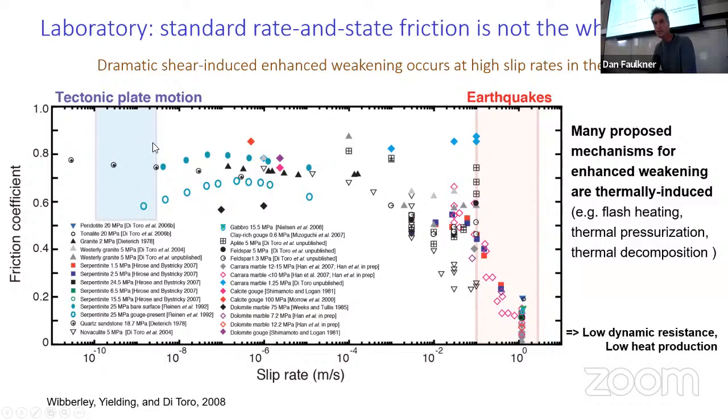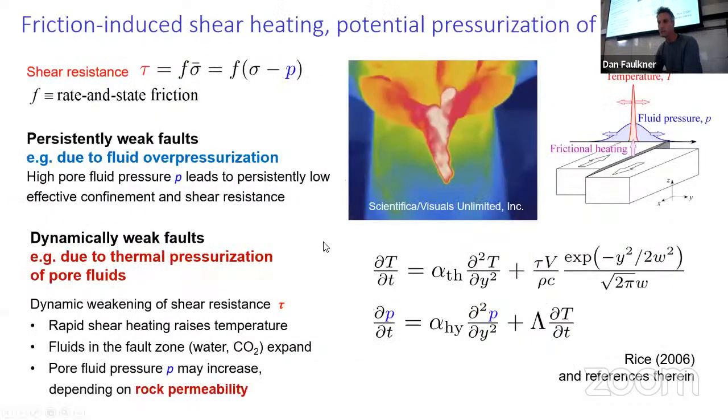So we have to go from plate motion rates up to earthquake rates if we want to produce an earthquake. But if we do produce a big earthquake and get up to slip rates which are 1 meter per second, then something we notice is that the friction coefficient, the strength of our fault, drops off dramatically. So things get much weaker when we slip things faster. And there's a number of reasons for that, a huge number of co-seismic weakening mechanisms, as we call them. But the one in the model is thermal pressurization.